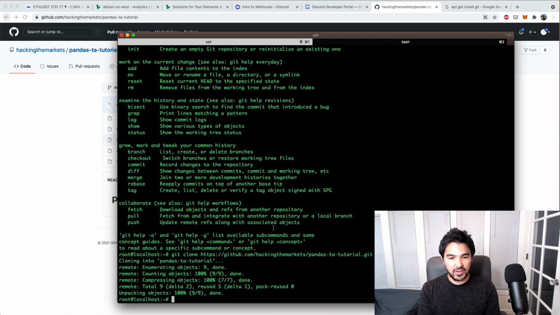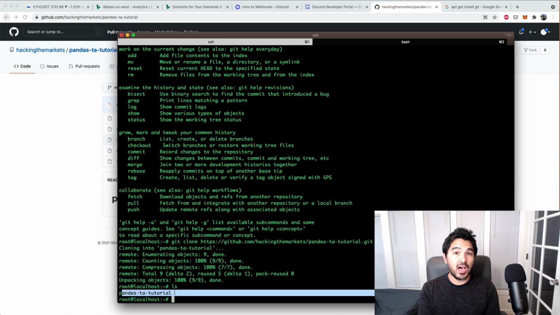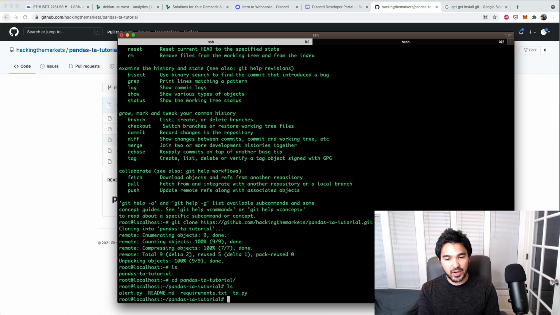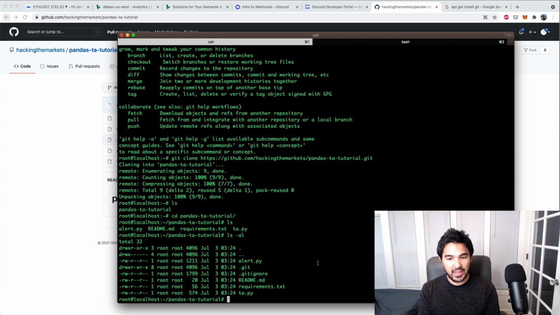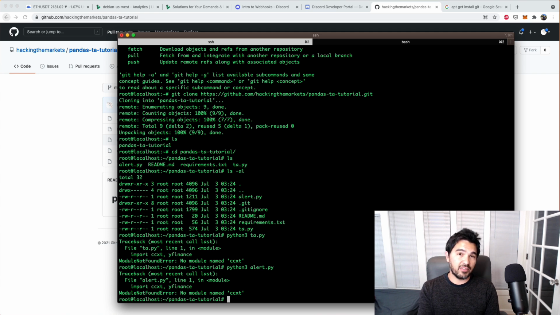Okay, so it worked, and I'm going to type ls and list, and we have a directory called pandas TA tutorial. I'm going to cd into that directory, and look at that, we have our ta.py and we have our alert.py. And so let's see if I just run python3 ta.py, python3 alert.py. You see I have all these errors because I don't have these packages installed on this server,